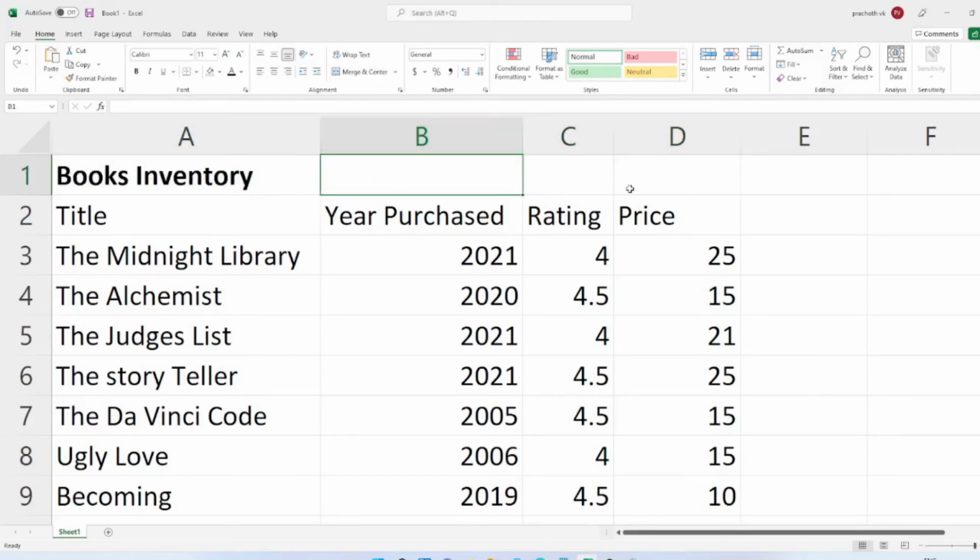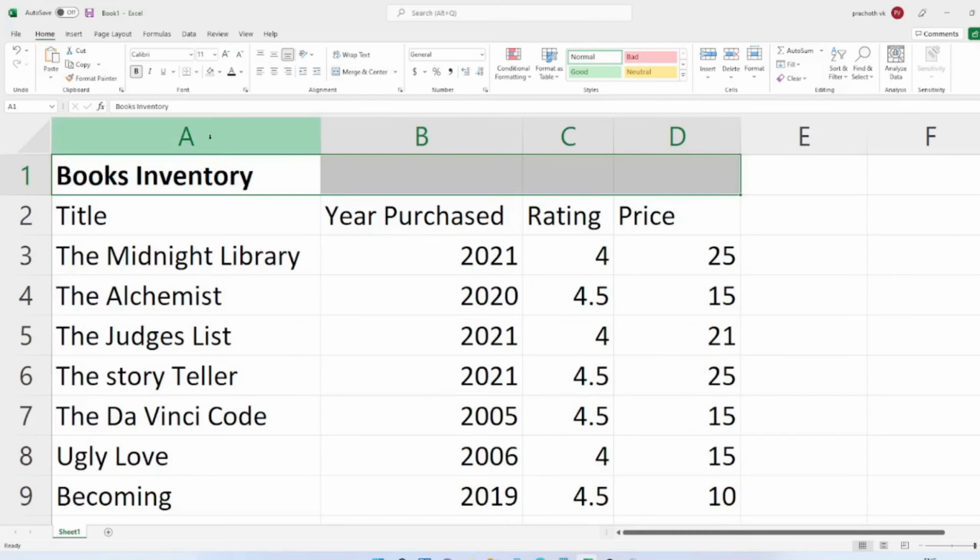Our title is still off the side, so let us move it to the center. So I will click on cell A1 and drag to the right. While still holding the mouse clicked, I'm going to drag till D1. I don't have anything beyond that, so I just clicked and dragged to get all the way across. Now, in the Home tab, Alignment Group, there's a button here called Merge and Center, and if I click on that,